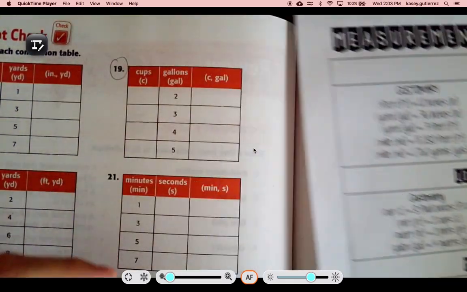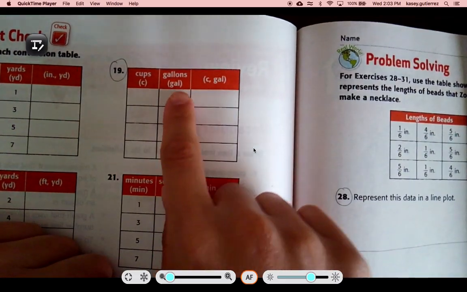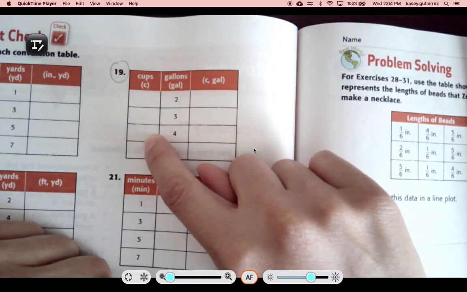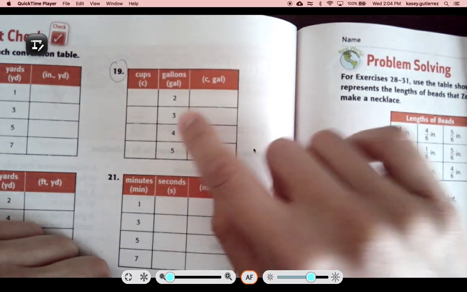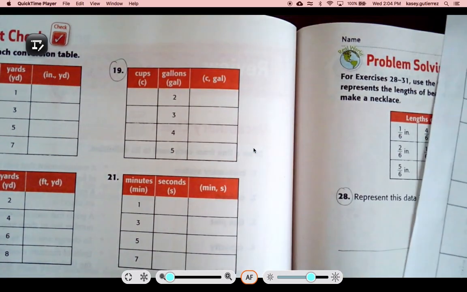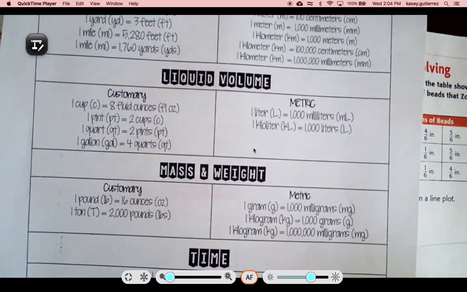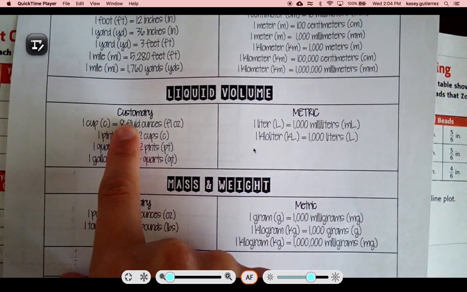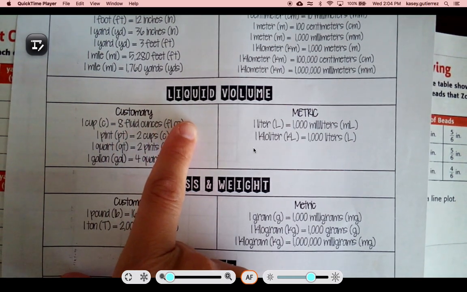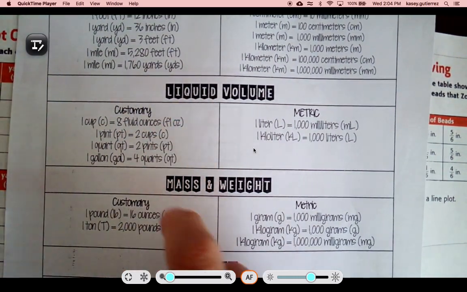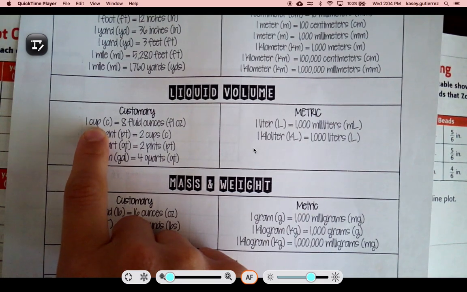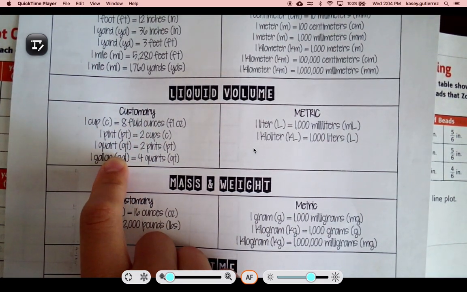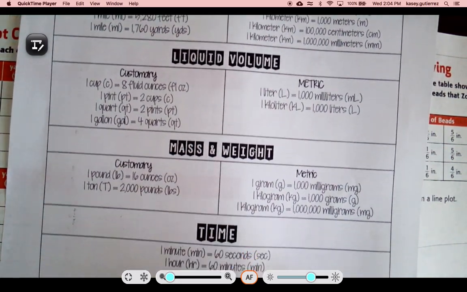Okay? So, number 19, it gives us the gallons, and we need to figure out how many cups are in these gallons. So I'm going to go to my conversion sheet, and I'm going to see customary, because cups are customary, and we're measuring capacity or volume. And I notice that all I have here is 1 cup equals 8 fluid ounces, and I don't have cups equals to gallons, but that's okay because if you go down here,